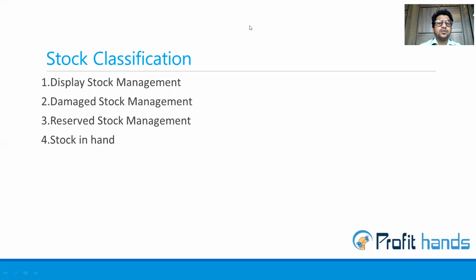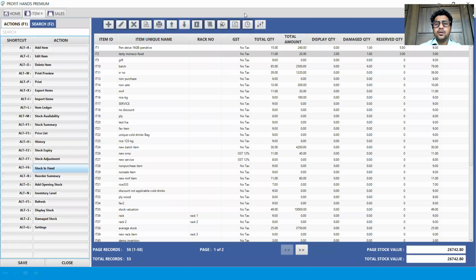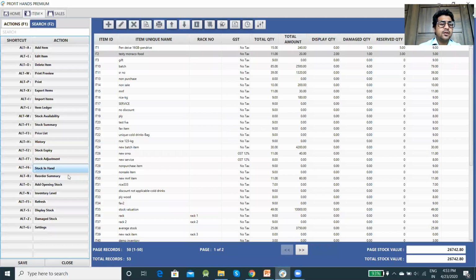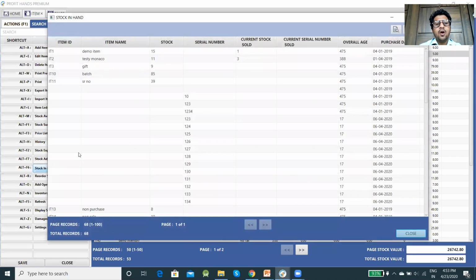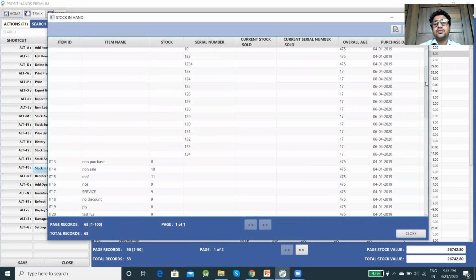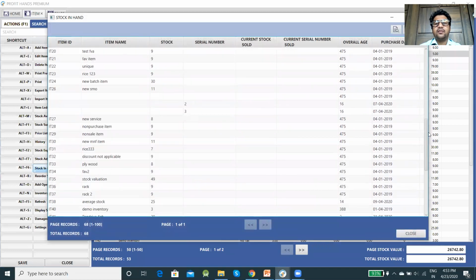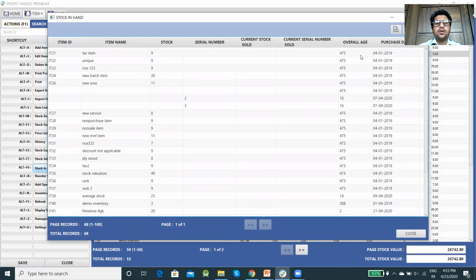Let's go through stock in hand. In stock in hand, you have to come into items, then Alt F6 is the shortcut. As you click on stock in hand, all the details of a particular item come up, the exact stock whatever you have and the overall aging